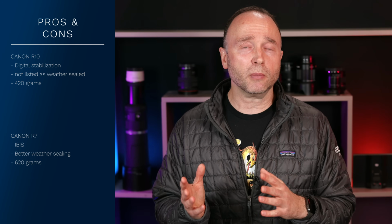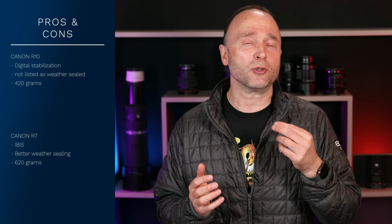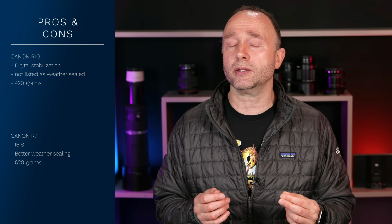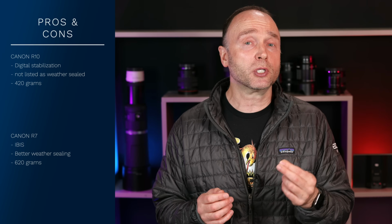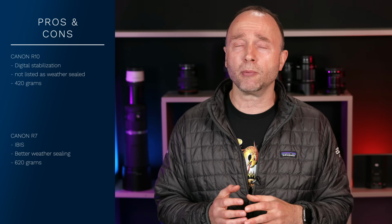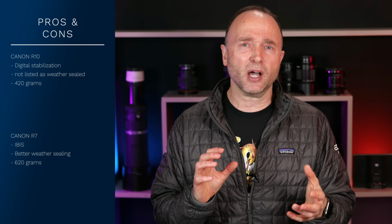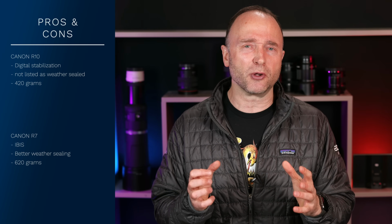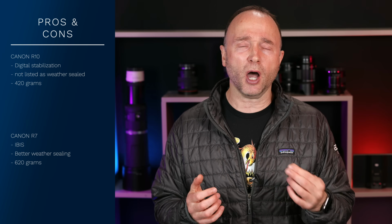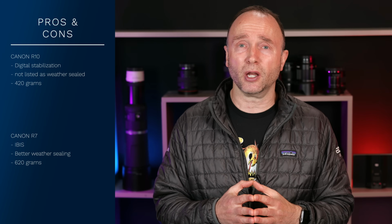The R7 is a little bit heavier than the R10 at 620 grams versus about 420 grams. But the R7 is considerably lighter than the 7D Mark II. While still using a magnesium alloy for the shell, it's definitely a whole lot lighter as a camera, but the R10 is also considerably smaller than the R7. I definitely like the grip of the R7 a little bit more than the R10, but still for entry level, for hobbyists, for those looking to shoot casually, I think the R10 is a pretty solid camera, both